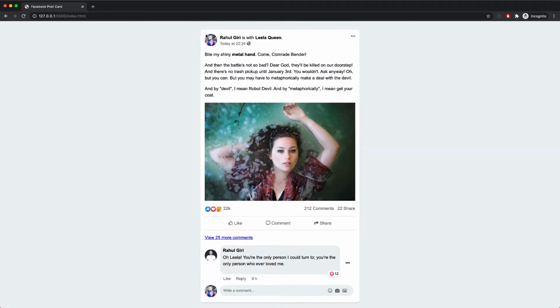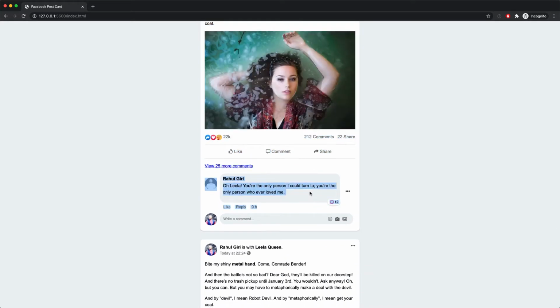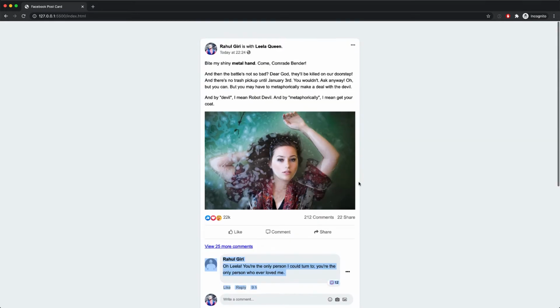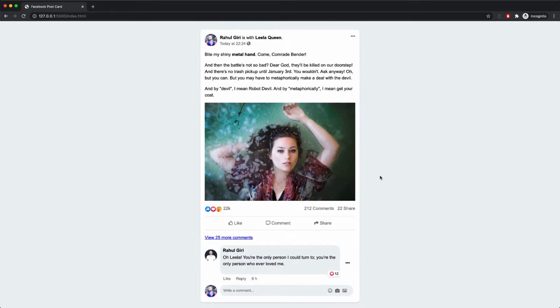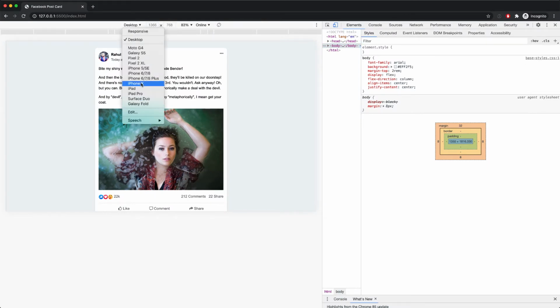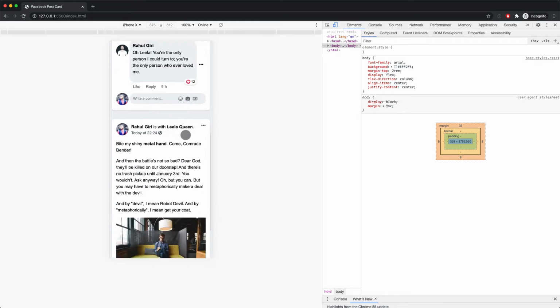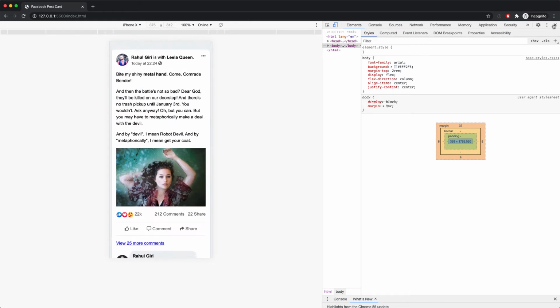Next, you're going to learn how to create this fascinating Facebook post design with comments and without comments. You see, this exactly looks like a Facebook post UI, and obviously this is responsive. Here's the desktop preview, and here's the iPhone X, how it looks on mobile devices. You see, this is looking good on mobile devices too. So it is totally responsive.